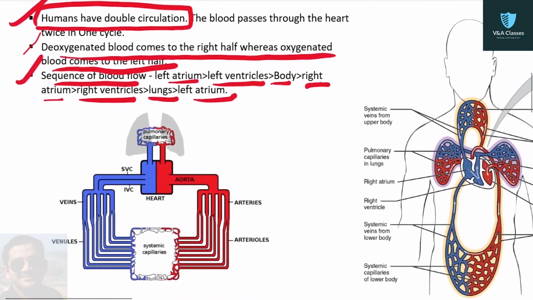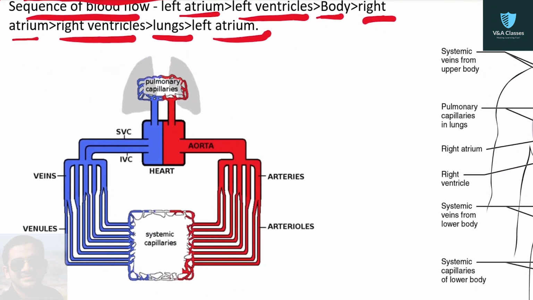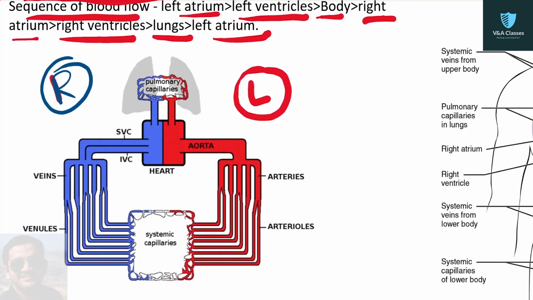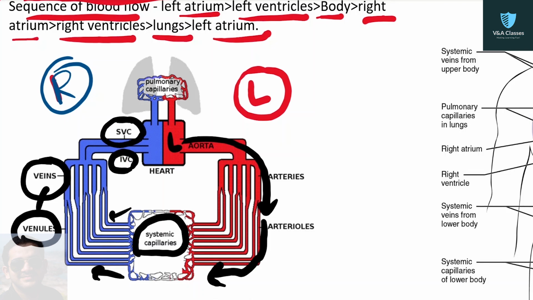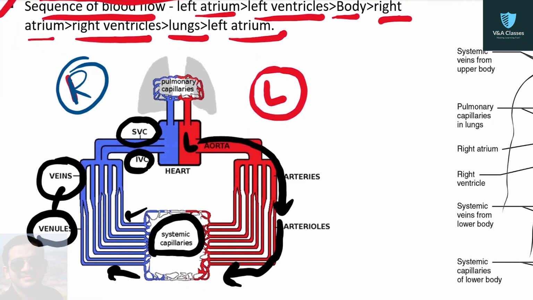Okay. In this diagram, you can see this whole left side. This is the left, this is the right. The whole left side is the oxygenated part, and on the right side we have the deoxygenated part. So blood from the left side of the heart via aorta is going to all the parts of the body by means of artery and arterioles. Then this will further divide and form capillaries. These capillaries will again start to join up and form venules. These venules will join up to form veins, and all the veins ultimately drain into inferior vena cava and superior vena cava. Okay, so this is the whole pattern of circulation.